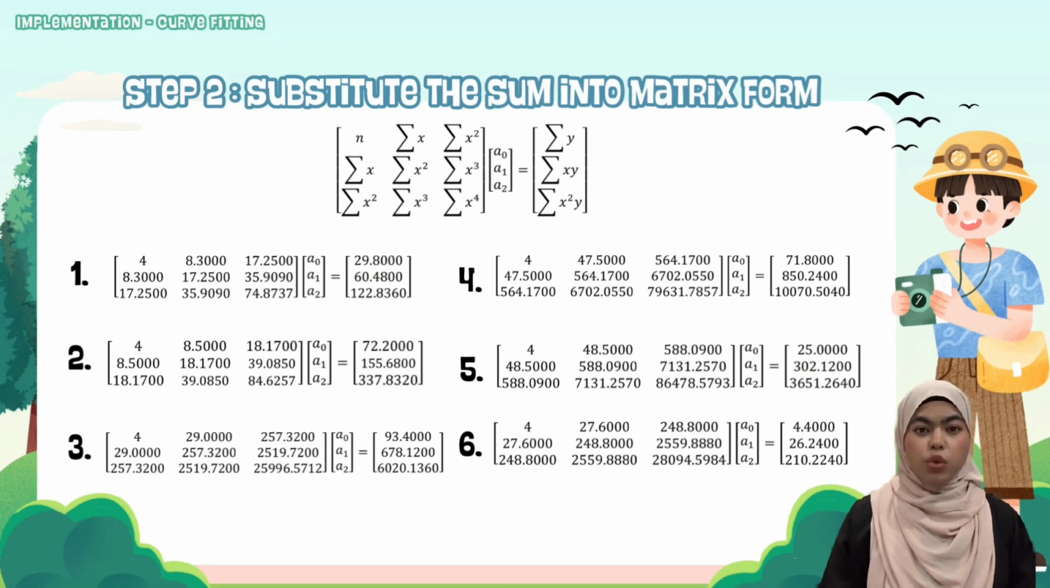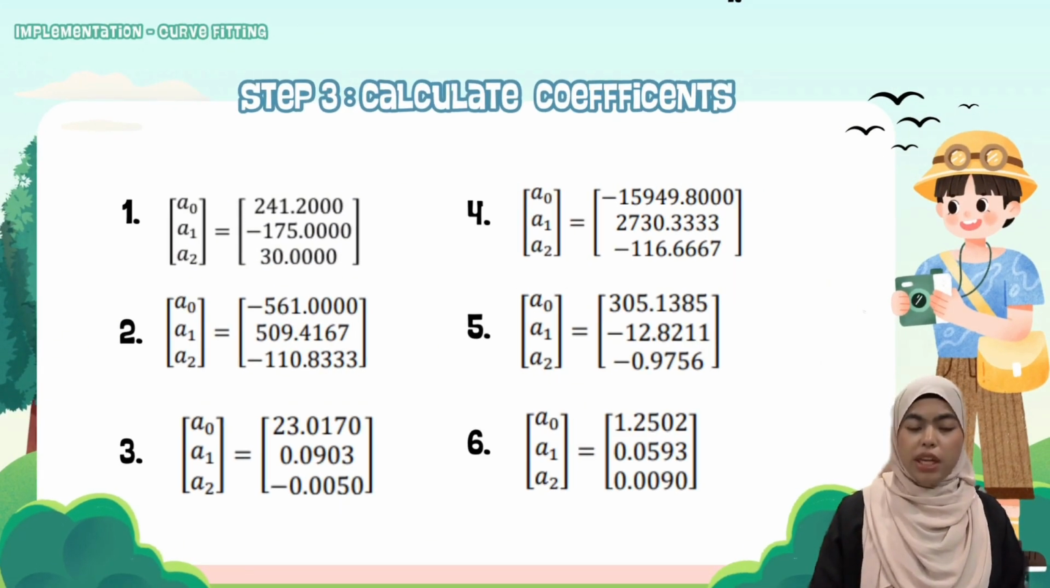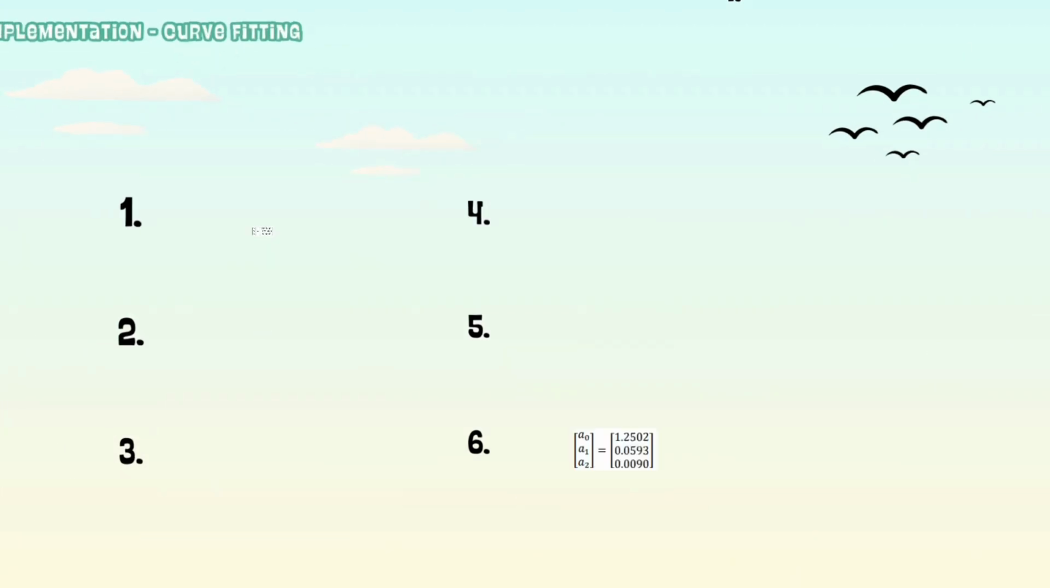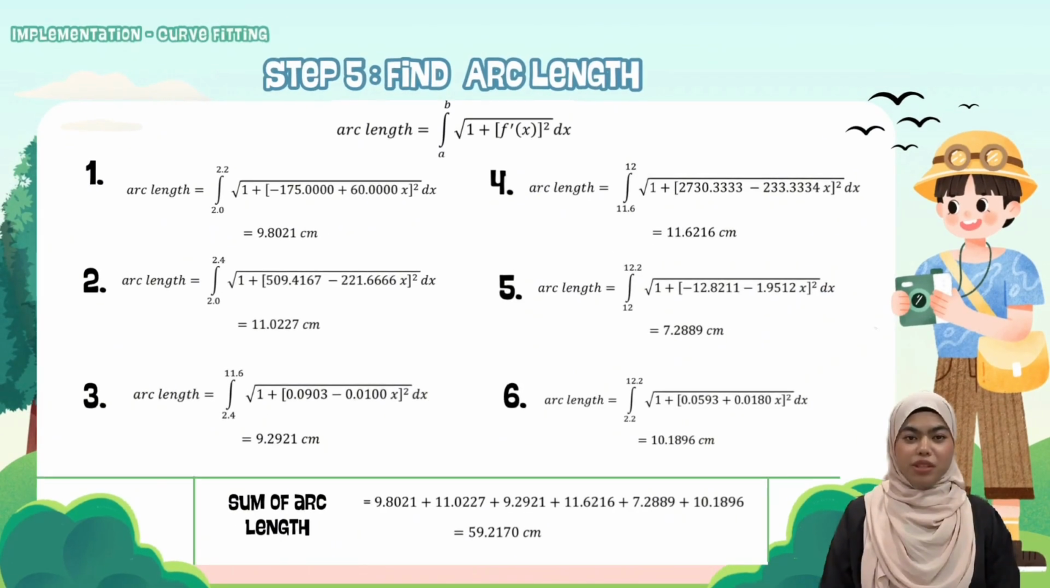The numbers 1, 2, 3 in this slide indicate equation 1, equation 2, equation 3, and so on. After that, in step 3, we calculate the coefficients a0, a1 and a2 using the matrix to solve for the best fitting curve. Step 4, the coefficients we got just now from step 3 will be substituted into the polynomial function, and we differentiate the function for arc length calculation. Finally, for step 5, we calculated the arc length using the formula, and we got the arc length for equation 1